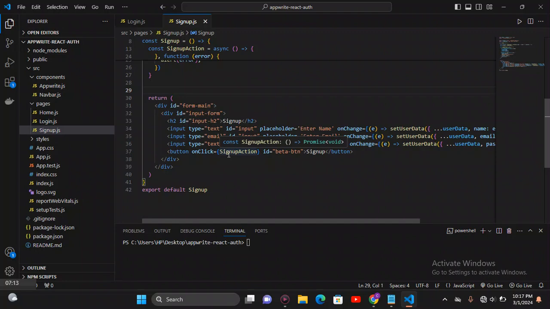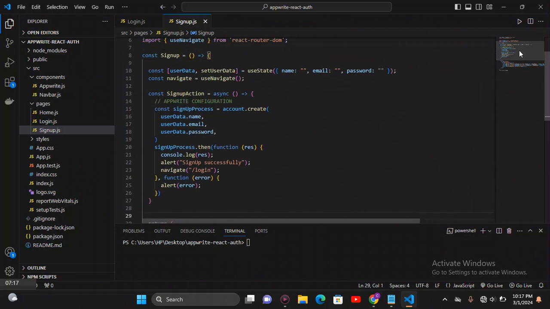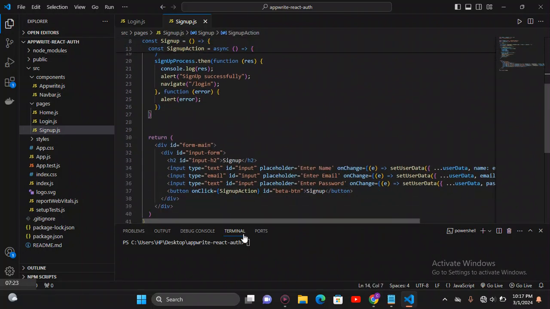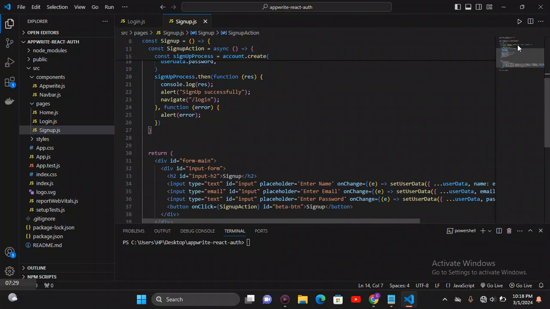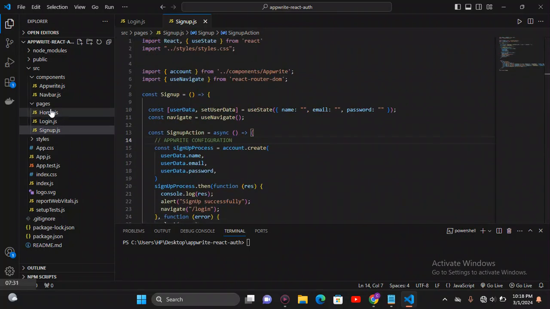So it also has this button, sign up action, which is going to prompt the sign up. This on change is just, the purpose of it is when the user actually